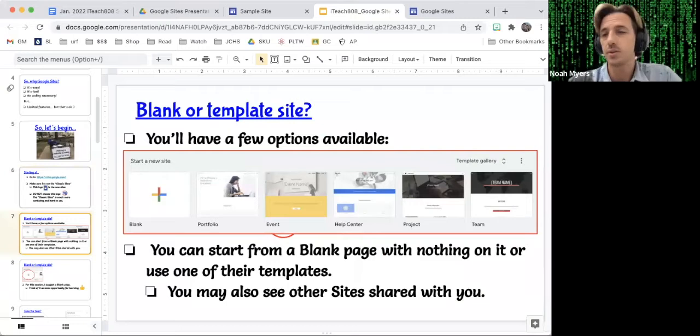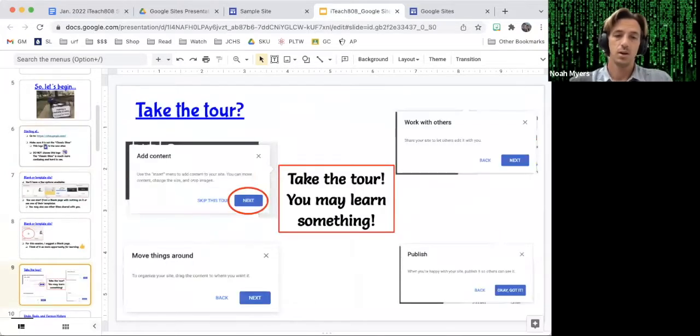Again, these are the different templates. You can do blank. I would recommend doing blank today, just so you have more opportunity to learn. You actually have to create the content that goes on your website, and you have more creative freedom, choices to make as far as colors, themes, stuff like that. All right, it will prompt you to take a tour once you create your own website. I would recommend taking the tour. It tells you a couple of things about where to add content, how to move things around,